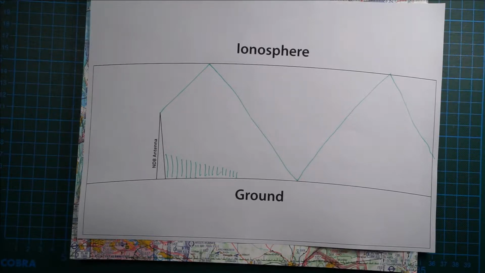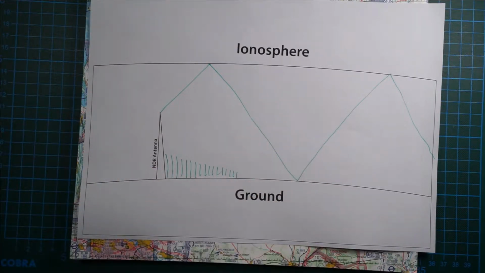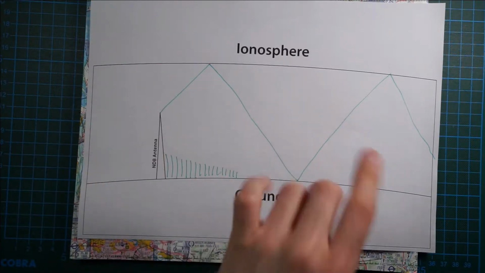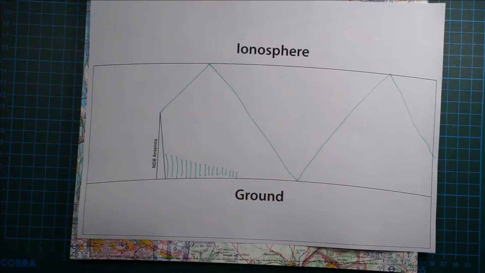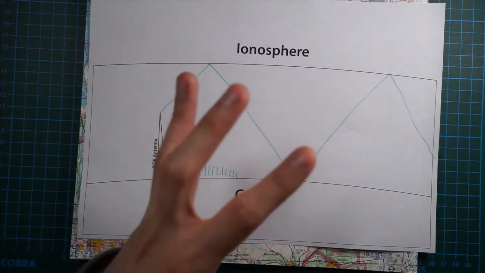And this is also the reason why when you're flying across the Atlantic, you change your VHF radio to your HF radio, because then you're using this effect to transmit the voices. But this is an advantage because it gives you a lot of range, but it can also cause a lot